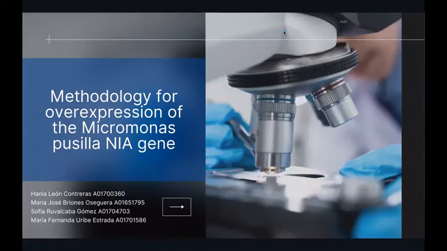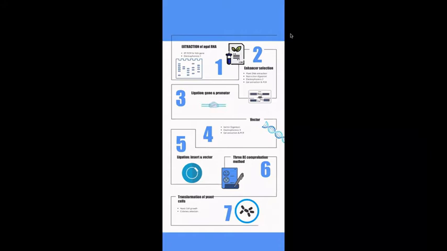Hello, this is the second delivery of our project, which will include the methodology for overexpression of the Micromonas pusilla NIA gene. The first part is the extraction of algal RNA, which includes the RT-PCR for the NIA gene and the first electrophoresis. The second part is the enhancer selection, plant DNA extraction, restriction digestion, the second electrophoresis, and the